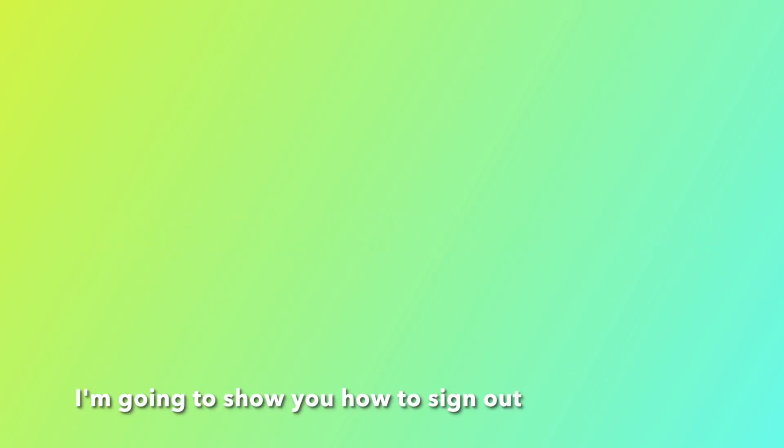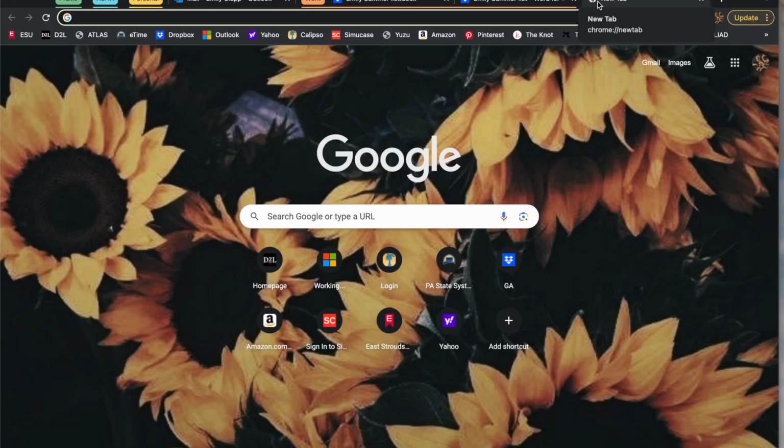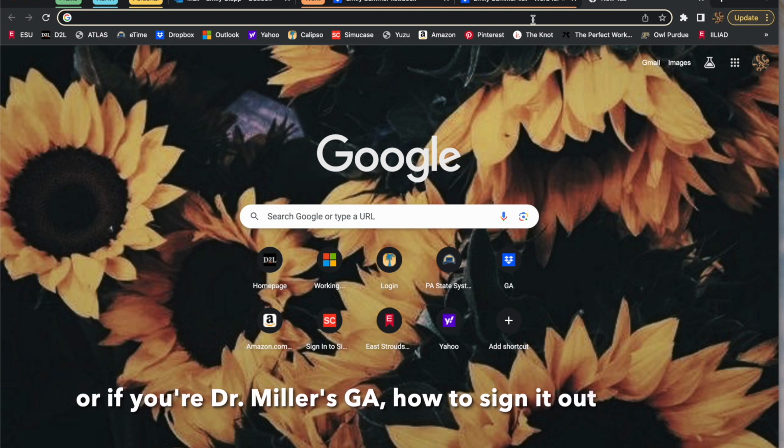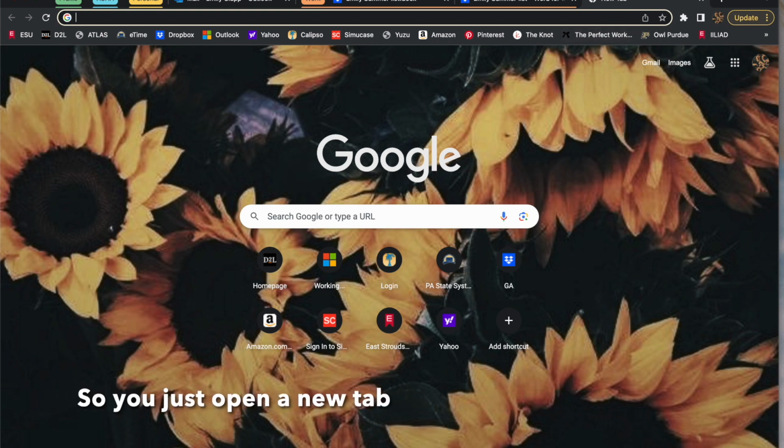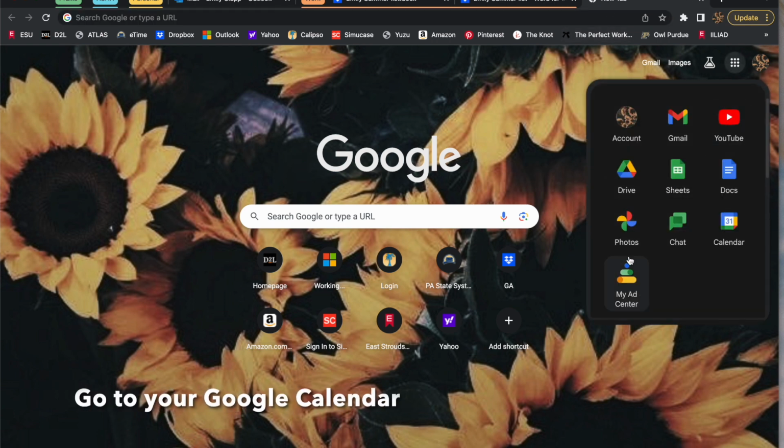So I'm going to show you how to sign out the Odd Booth, to use the Odd Booth for like a screening, or if you're Dr. Miller's GA, how to sign it out for Dr. Miller for her evaluations. So you just open a new tab, go to your Google Calendar,